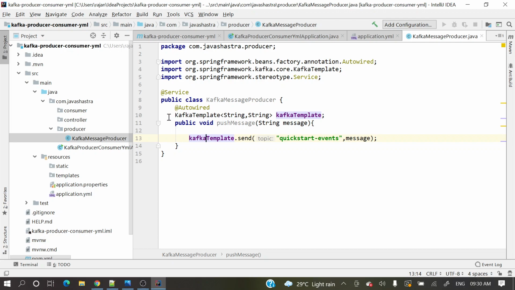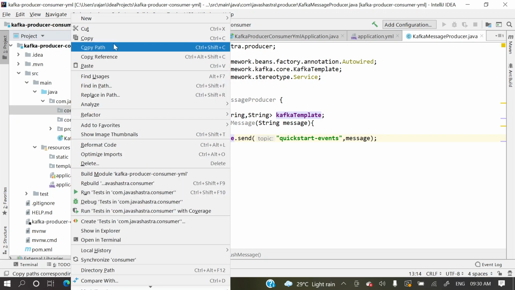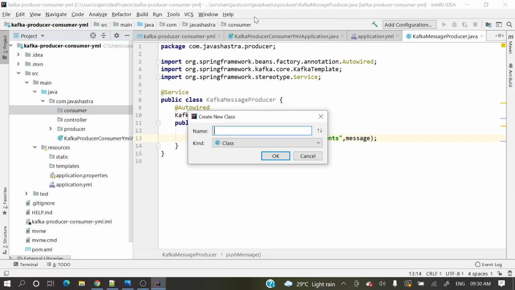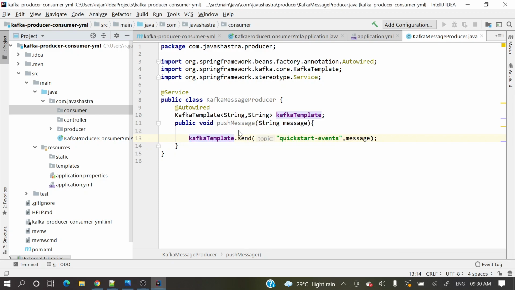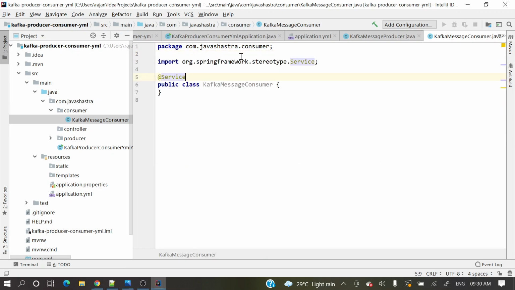Now let's write a Kafka consumer. I will show you how to fetch the key and headers as well. So, KafkaMessageConsumer, here we go, @Service so that this class will act as a bean. Public void listen, or read, whatever you want.